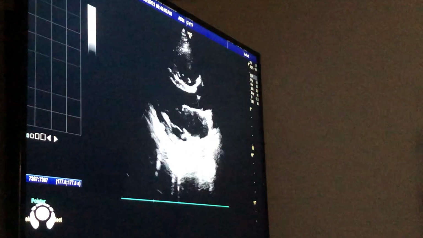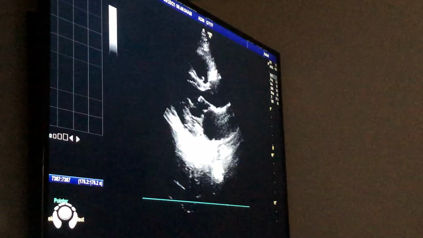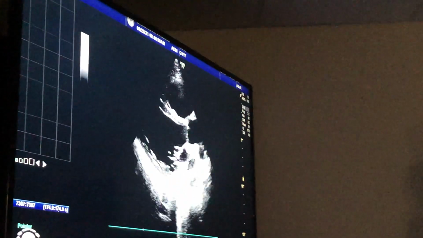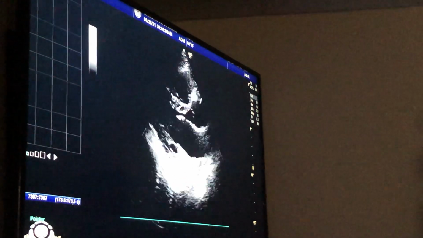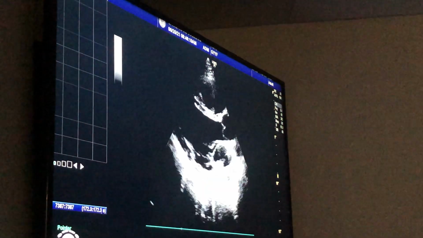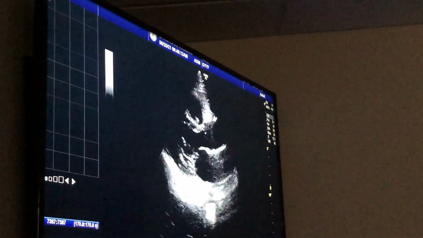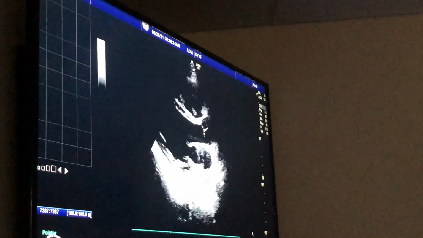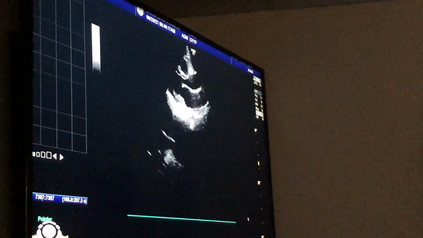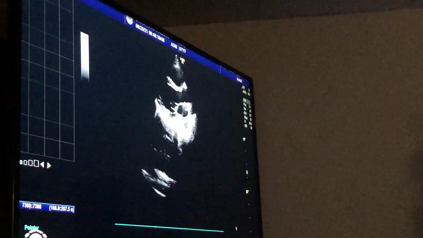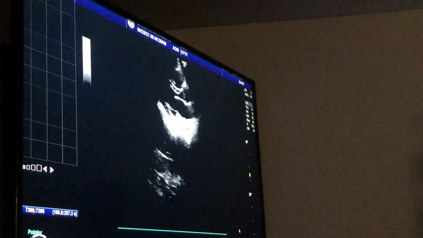By the way, this is lung space. If there's ever fluid up here and it's above the ascending aorta, it's called a pericardial effusion. If it's ever in the lung space, it's called pleural effusion. So we start right here and we increase the depth. We wait a couple of seconds